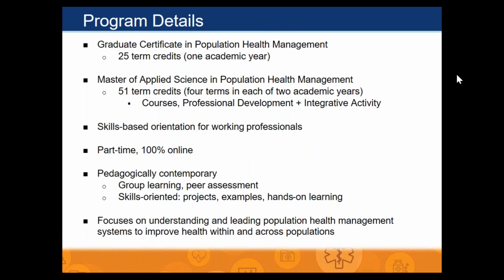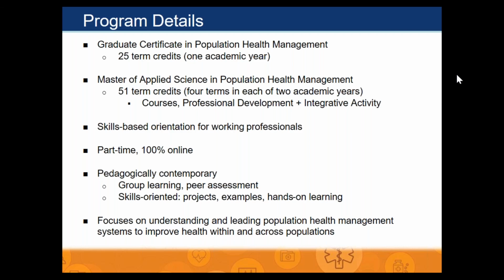So some of the details, I'll go over this probably a little bit more on the next slide. It'll make more sense. But we offer 2 elements to our program. You can enroll as just a certificate student, which means that you'll take approximately 25 credits, and you can complete the certificate in 1 year if you take 2 classes per term, or you can complete the certificate in 2 years if you take 1 class per term. You could apply for the certificate, complete it, and then decide, hey, this is really helpful, I want to go on and get the master's. You can do that. Or you could just apply directly to the master's program, in which case you would have up to 4 years to complete the degree.